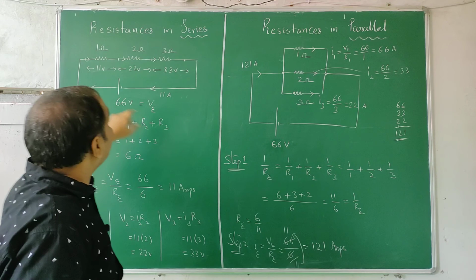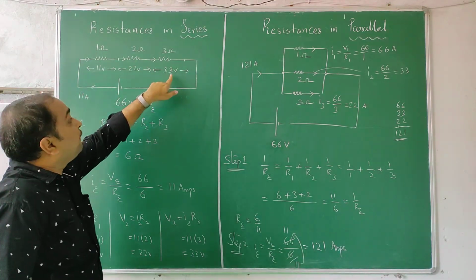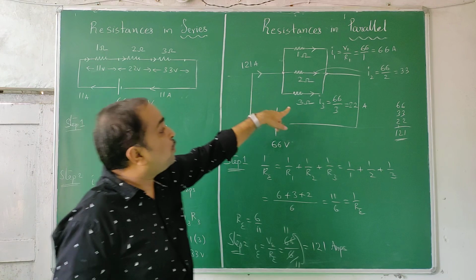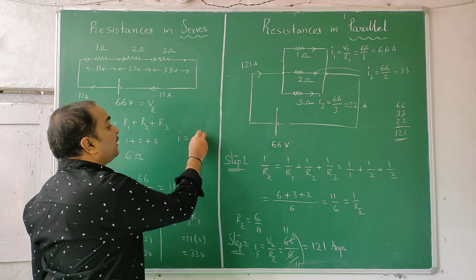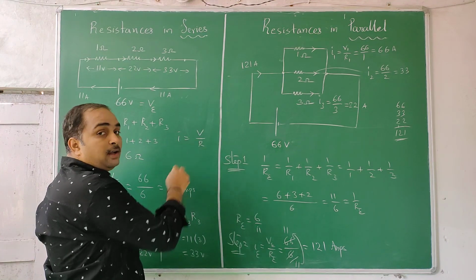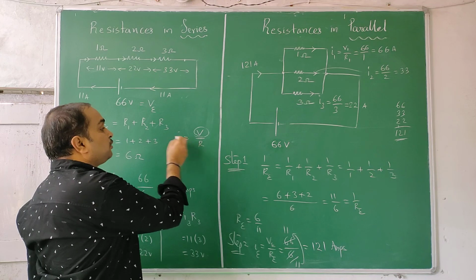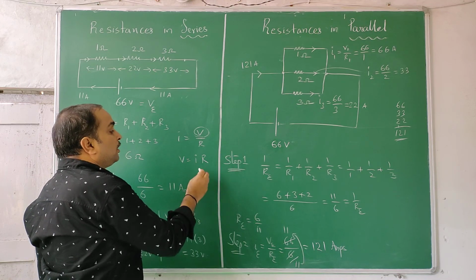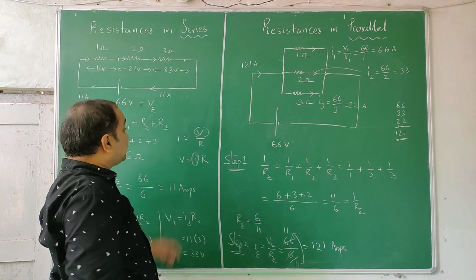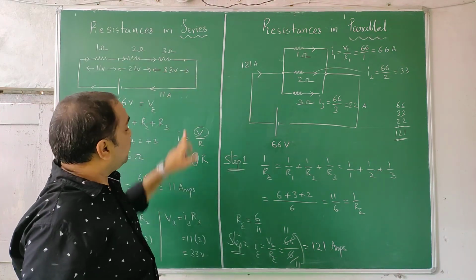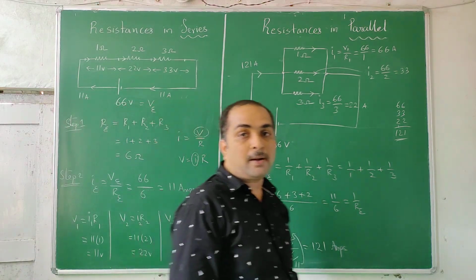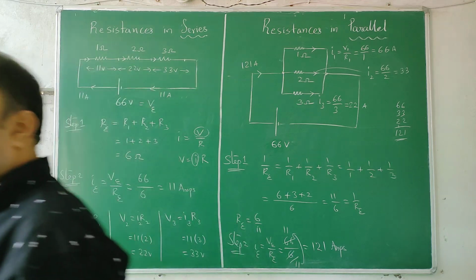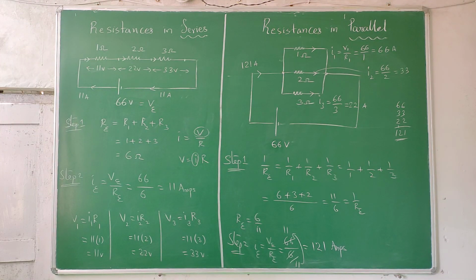But here you have to understand that the one which has more resistance will have more potential difference across it. The one which has more resistance will have less current in it. So as you know, I is equal to V by R. I and R are inversely related for a given potential difference. So cross multiply, V equal to IR. So for a constant I, V is proportional to R. In this case, potential difference is constant, I is inversely proportional to R. This is a simple problem, try to understand. Always step 1 is find R equivalent, step 2 is find the other required things like I equivalent.